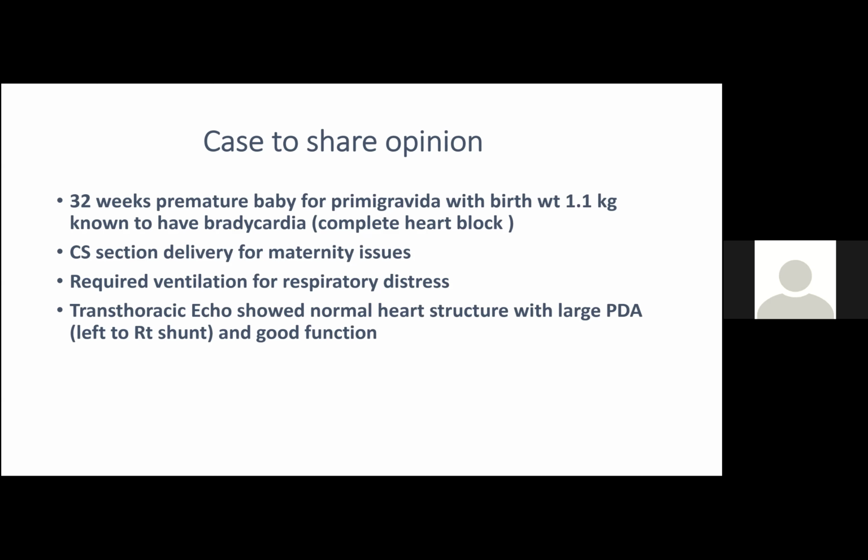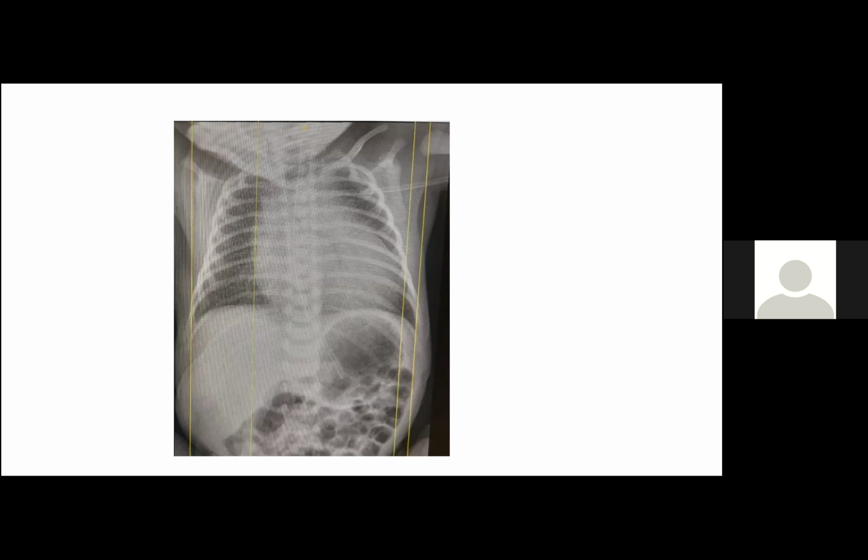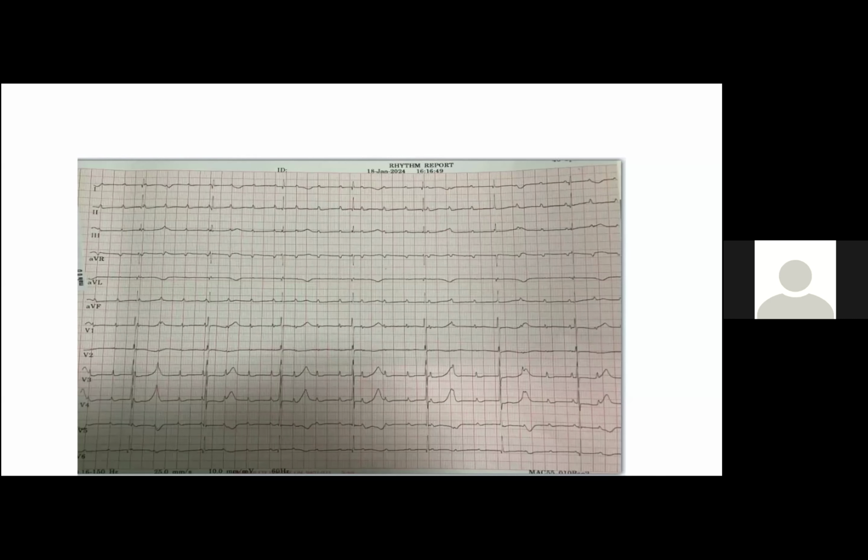The issue is the weight, and you can see here cardiomegaly, although part of it, as you notice, is a thymus shadow. But the ECG, the heart rate is around 45. Luckily, this baby is stable. We have two options: either go for pacemaker implant for this kid, or just conservative management. Luckily, we were able to pass this kid through the stage of his prematurity without a pacemaker, which is okay,